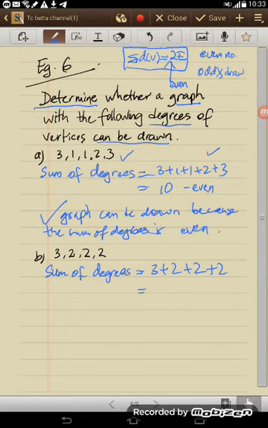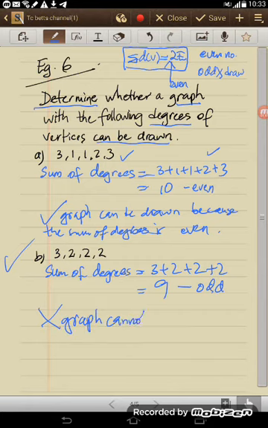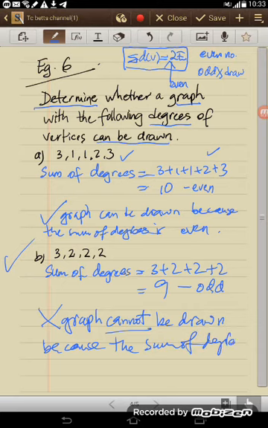Okay, for B the sum is 9. Yeah, sum of degrees is 9. So this is odd number. So graph cannot be drawn because the sum of degree is odd. So very easy. Yeah, next time you just check the sum of degrees. Okay,